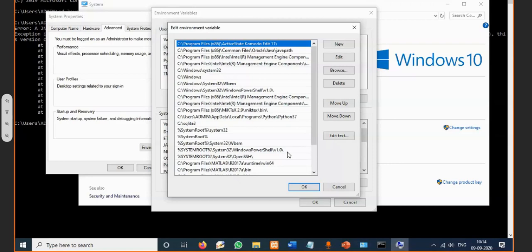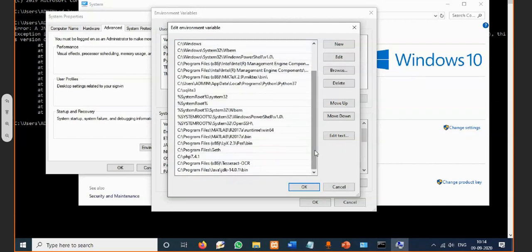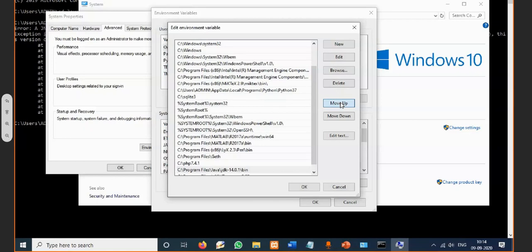Fine. Now again, you just move this up because I need to change that into the first one. Because the problem is, see, even when it comes to here, common files Java Oracle, if it uses the higher version, there is no problem.